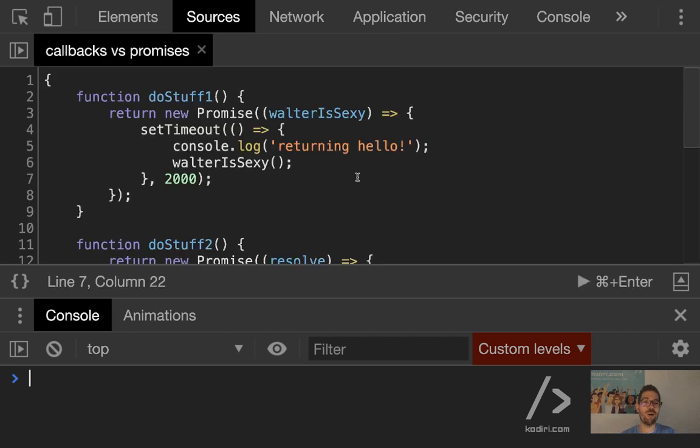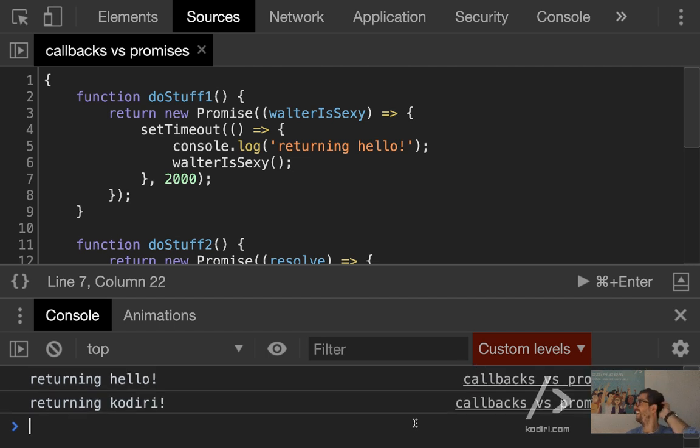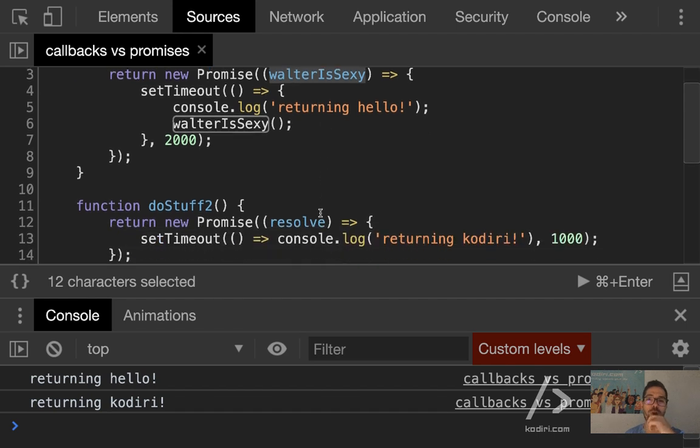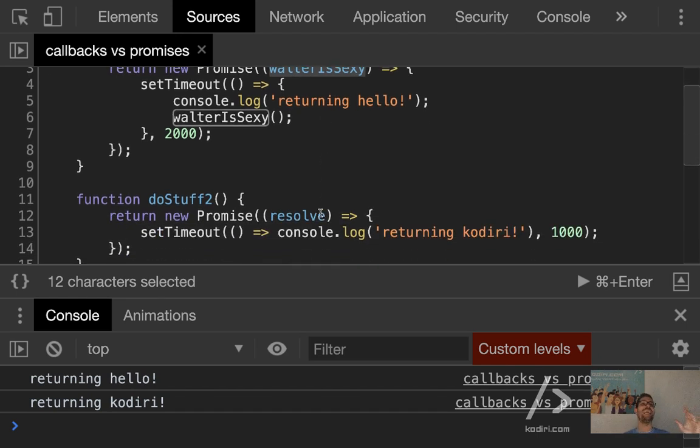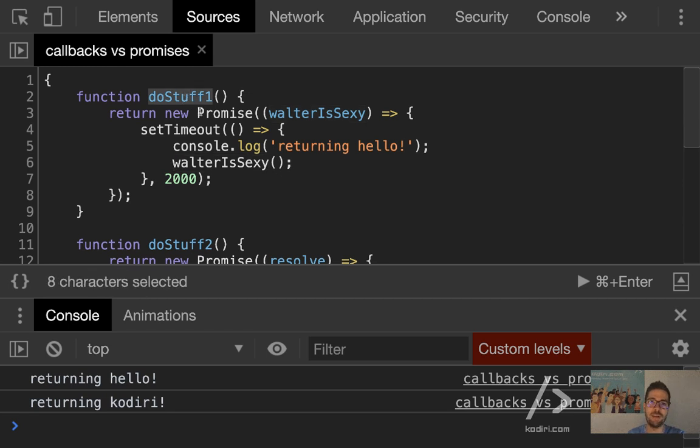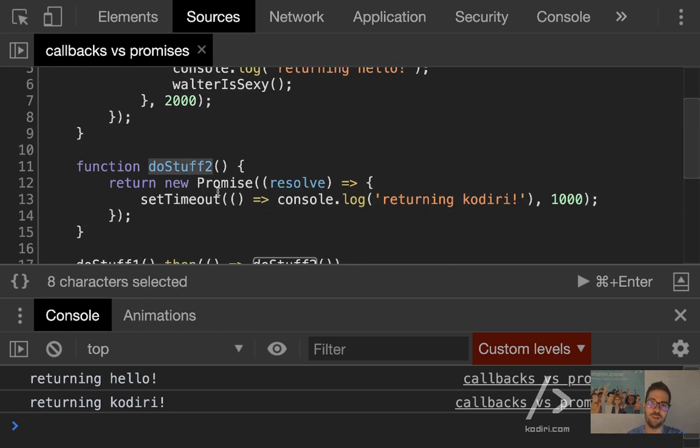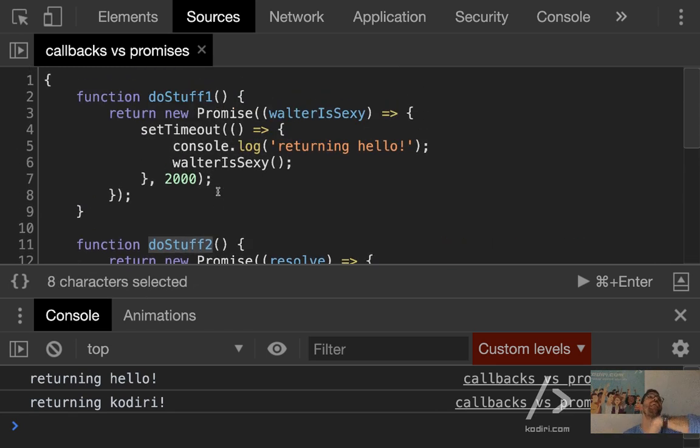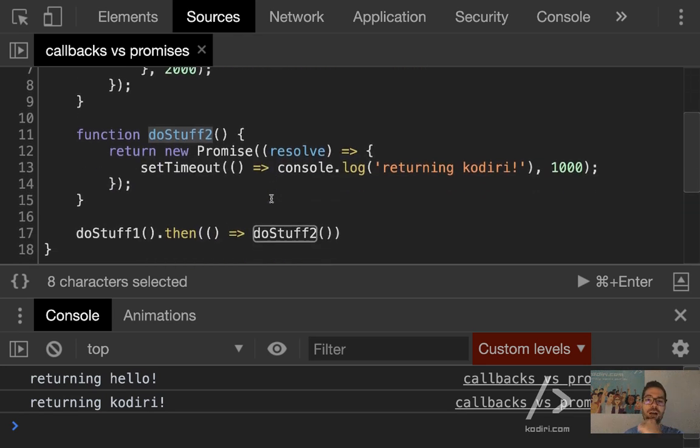So if we run that code, you see, it doesn't break anything. That proves the theory, right? So yes, you can put whatever you want. The important thing to note is the first argument, once you invoke it, the function is over. That's very important. And now we've got a question for you. What happens if we want to pass data from doStuff1 to doStuff2? We want to send a message to communicate between both functions. How do we do that?